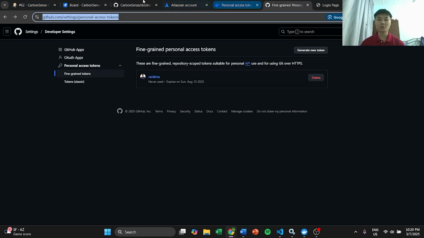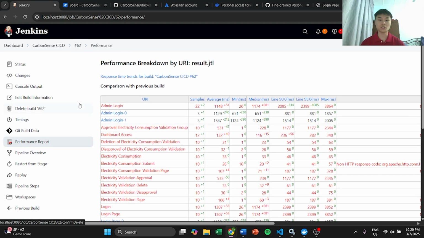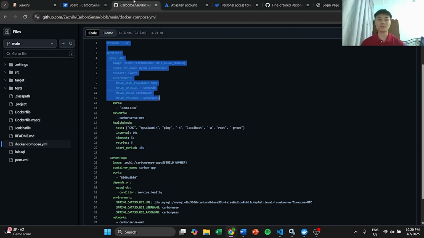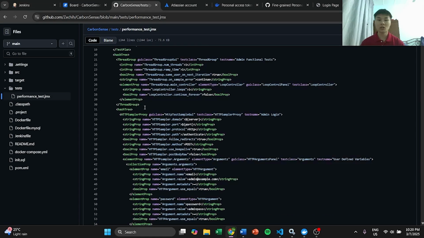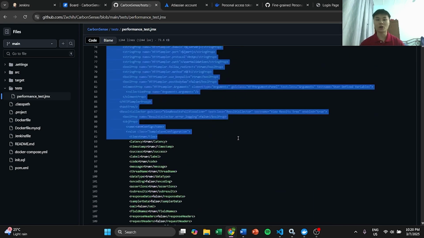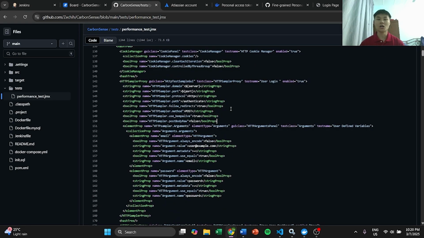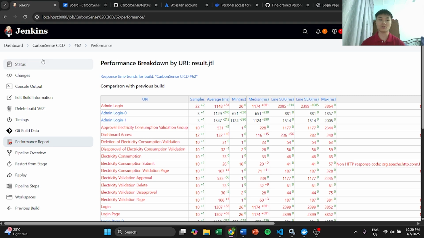So for the performance report, it will be in Jenkins, and for pipeline number 62, we will see it in the performance report test. So the performance report test would be getting from Git this repo, in which it will read the JMX file from the test folder, and this is the test script that we have written in the repo for Jenkins to run the test script, and all of this would be used by JMeter to actually read the test script and generate the performance report, and the performance report will be available in the Jenkins